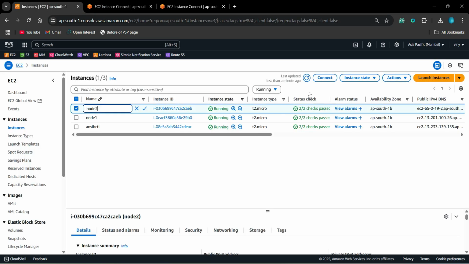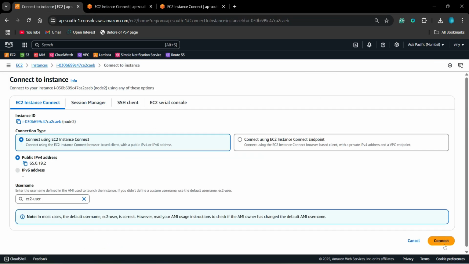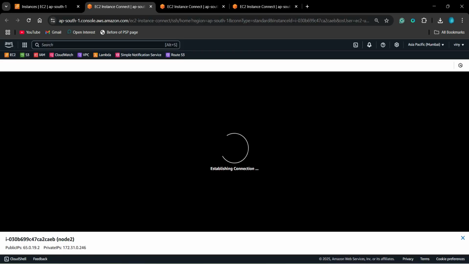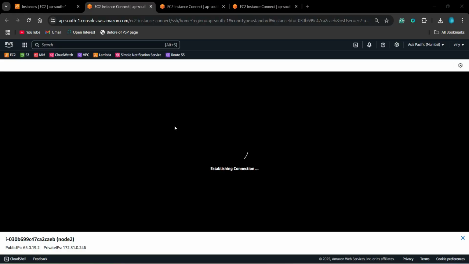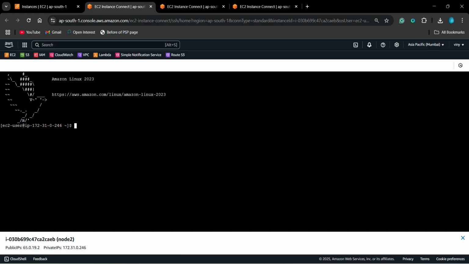Now this is last. We are just following this step. We have launched the instance, then we have renamed, then we have updated and installed Ansible in the control node. Then I have created a user called Ansible. This is the last node.